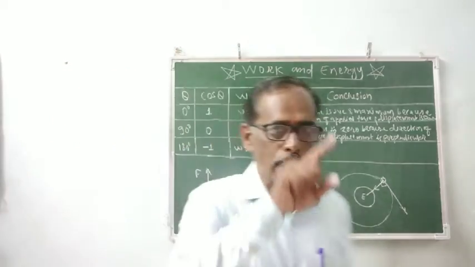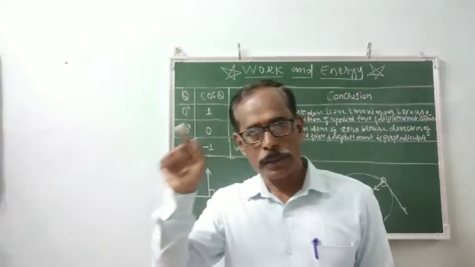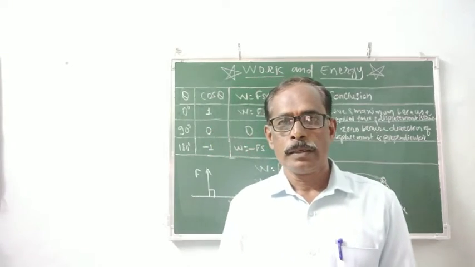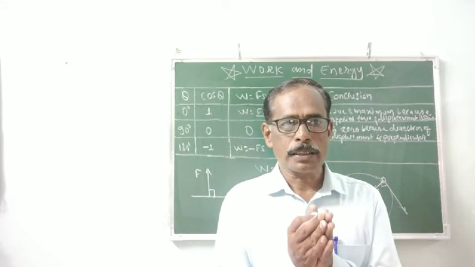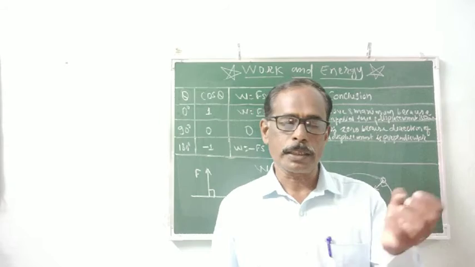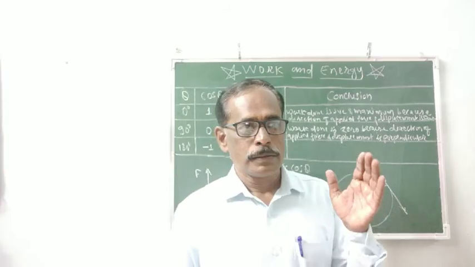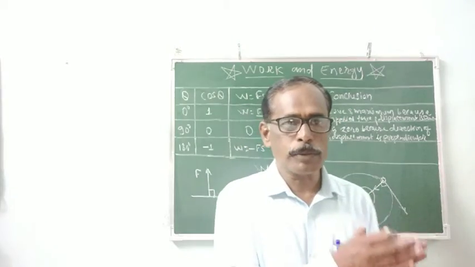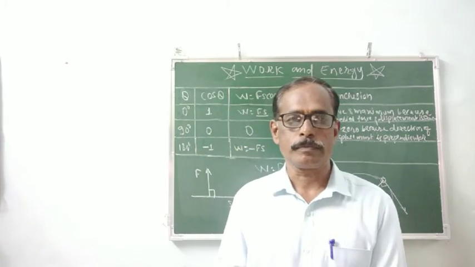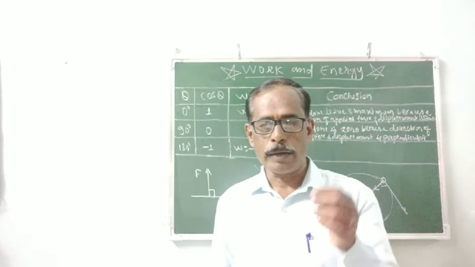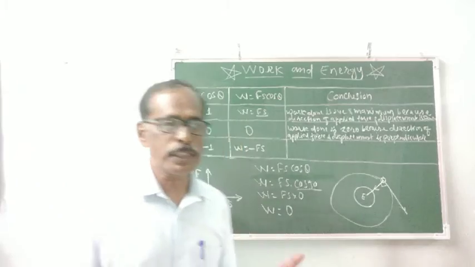Moon moves around the earth in the circular path, we know that the moon moves around the earth in the circular path. Each and every time we know that earth applies the attraction force on the moon, that is the gravitational force, and there is a displacement of the moon. It means that there is a work done, but that work done by the gravitational force is zero. Work done by the gravitational force about moon is zero.